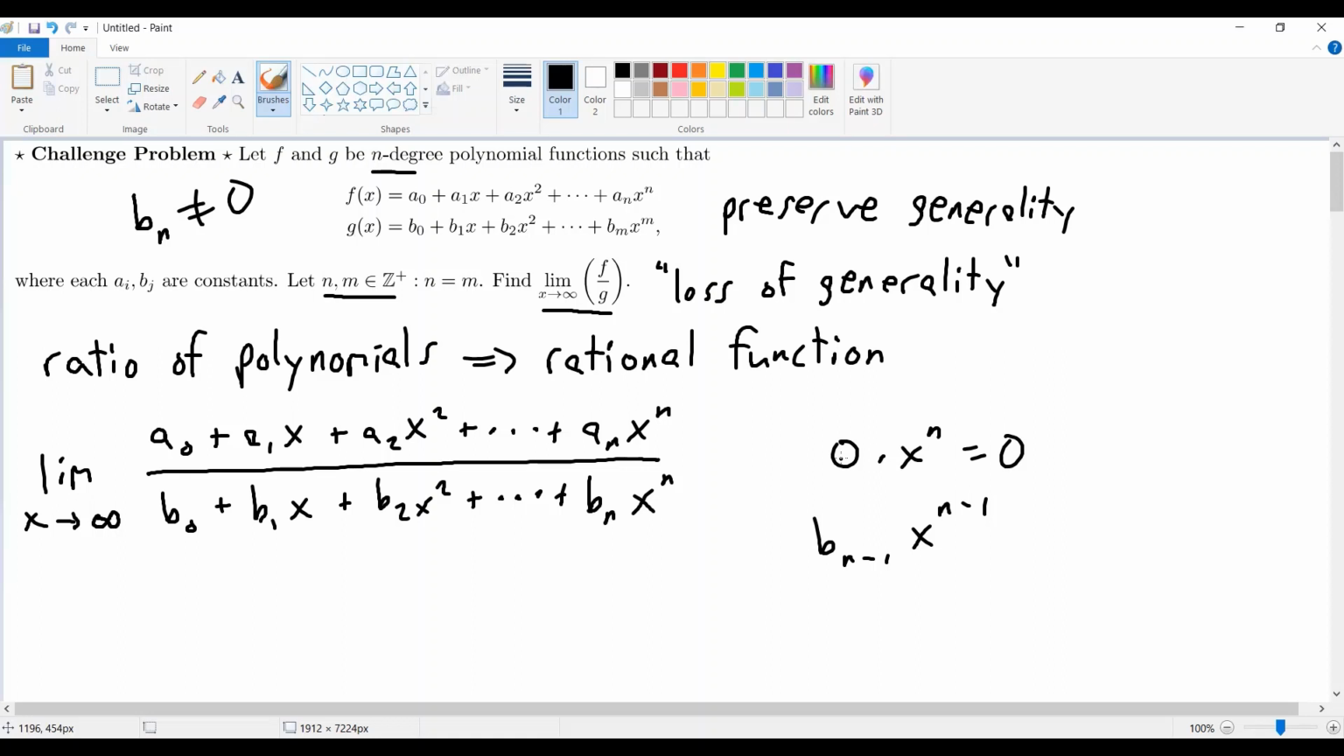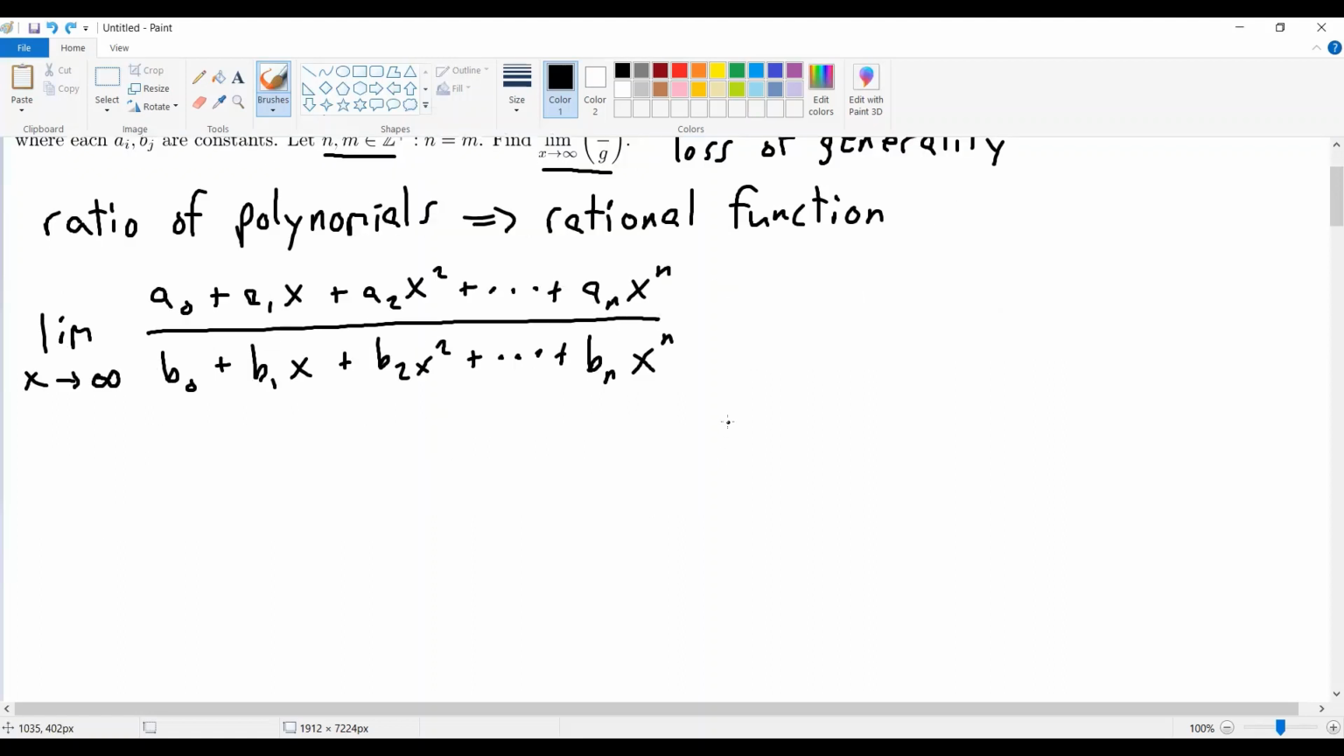So now what we're going to do is, whenever we have a rational function like this, the common strategy is to divide everything, in the numerator and the denominator, by the highest power from the denominator function. In this case, we're going to divide by x to the n, because n is the degree of the denominator. So divide everything by x to the n, and I'll scroll down for this. And that's going to give us the limit as x approaches infinity of a sub 0 over x to the n